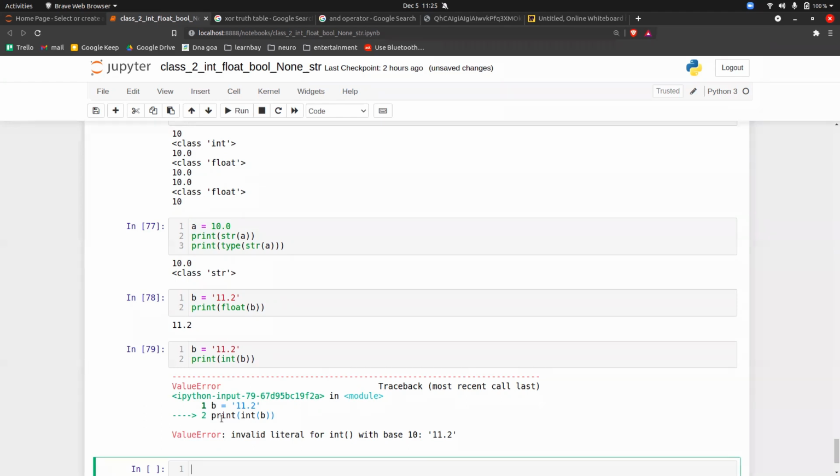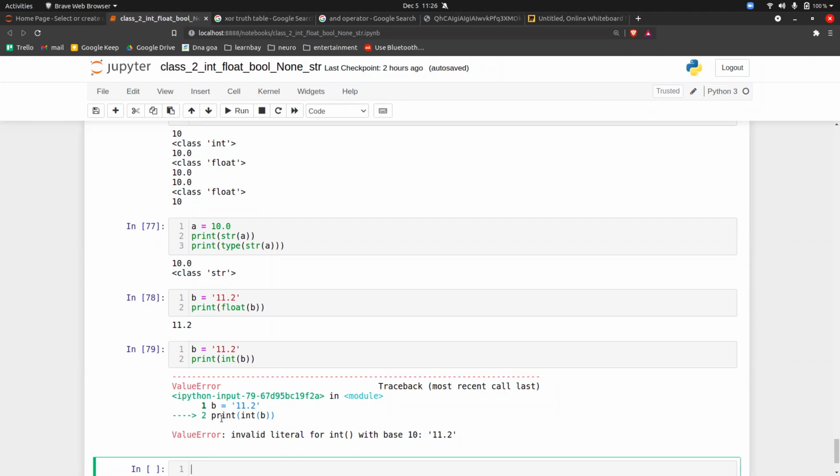So can anyone, suppose the use case is you have to convert that 11.2 string to an integer 11. How can I do it? So this way is not possible, which I have shown on the screen. So which way we can do it? Yes. Okay. So the important point to note here is that in the programming world, you will not get the answer directly for everything, but you can always get the answer in an indirect way.